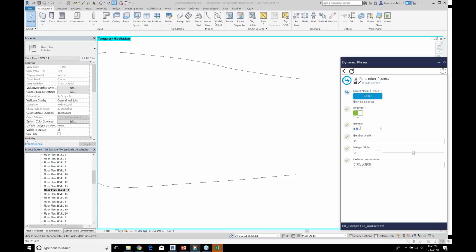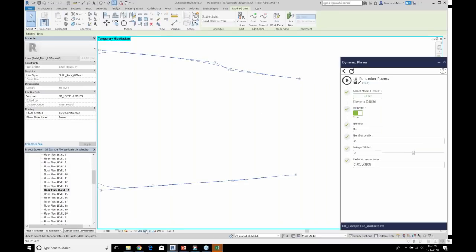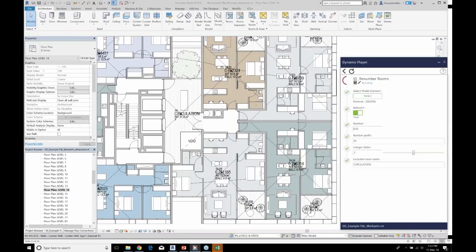So this means that you can actually run it in batches, whereby you might have a hospital, for example, and the east wing goes from 0 to 100, and then the west wing goes from 100 to 200, and you don't want to have this enormous spline snaking its way through every possible room. So all I need to do here is select the element. I'll turn back on our elements and hit play.